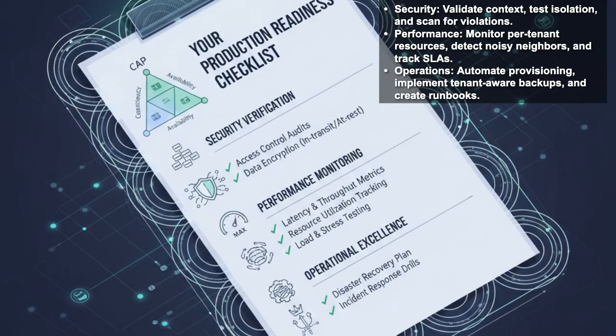One of the most subtle but critical vulnerabilities in multi-tenant systems is context contamination. This happens when the application state from one tenant's request bleeds into another's. To prevent this, we must